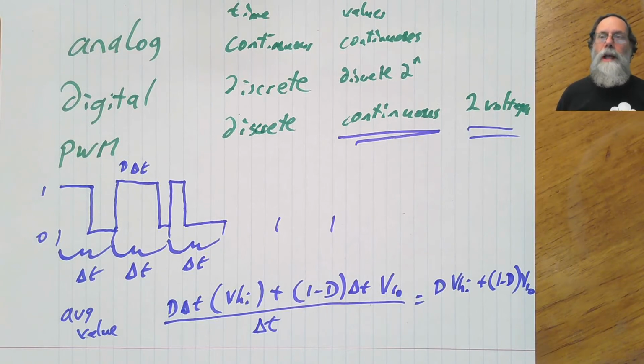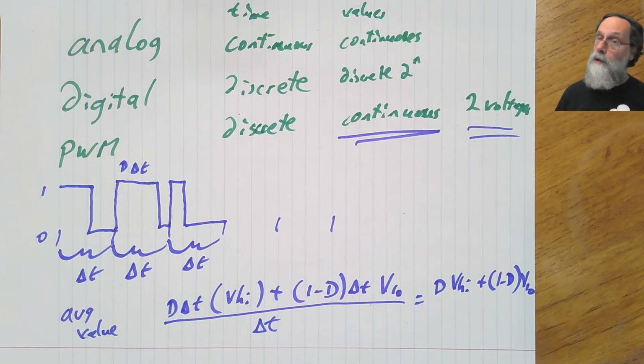Another advantage is that it's very robust. If we take a PWM signal and run it through a wire in an industrial environment where there's a lot of electrical noise going on, we don't have to worry too much about the noise that gets added to that signal, because when we get to the other end of the wire, we can run it through something like a Schmitt trigger. And as long as the noise is not so enormous that it completely wipes out our signal, we can clean up the signal and come back to almost exactly the same thing that came in.